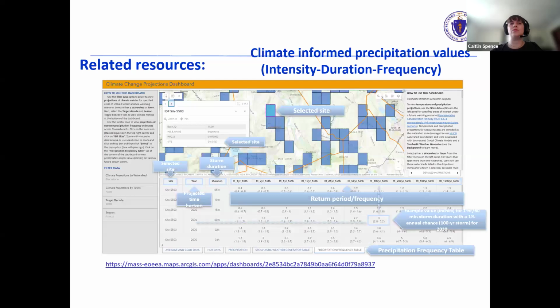This provides multiple projected future metrics, some of which are also pulled into the Climate Resilience Design Standards tool. Here we've highlighted the precipitation frequency table and shown some information on how to find particular design values of interest. Next slide.